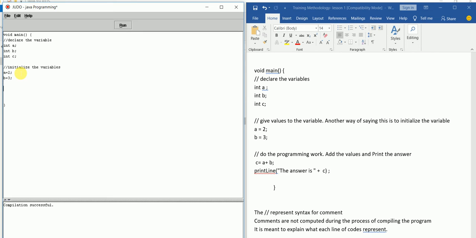Then the third part will be to do the programming, or employ the logic to get the result of what you're trying to accomplish. So just type C is equal to A plus B, and the last concept will be to say print line